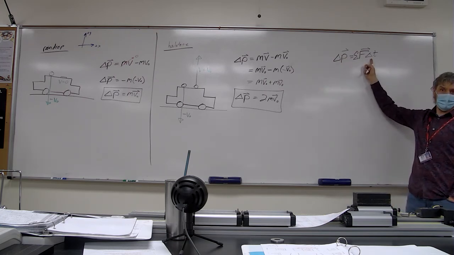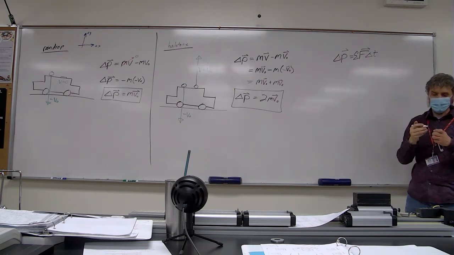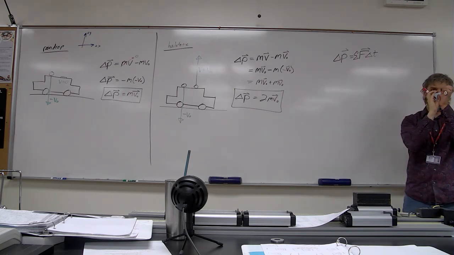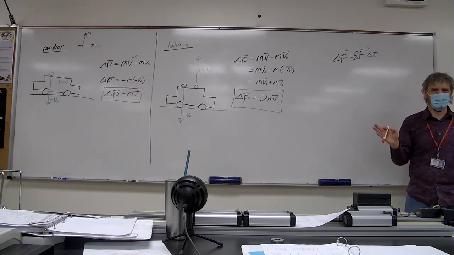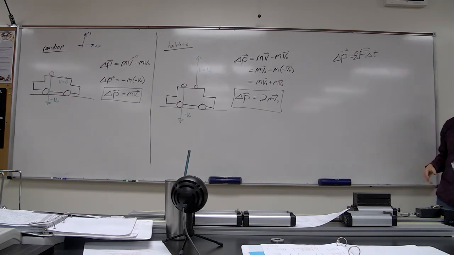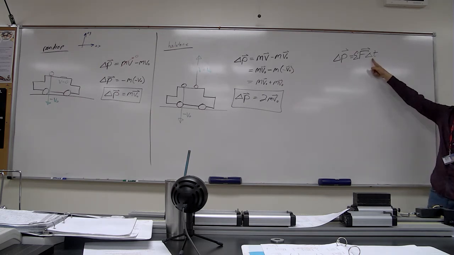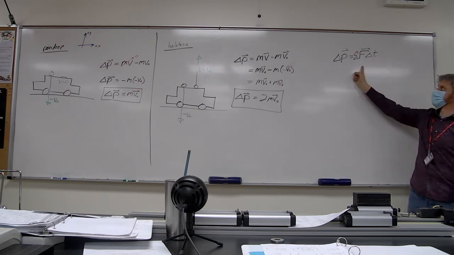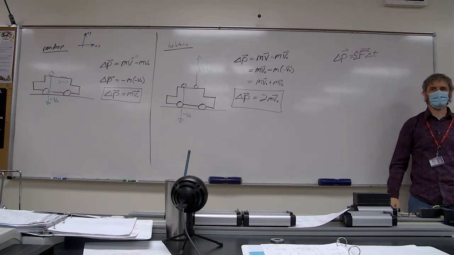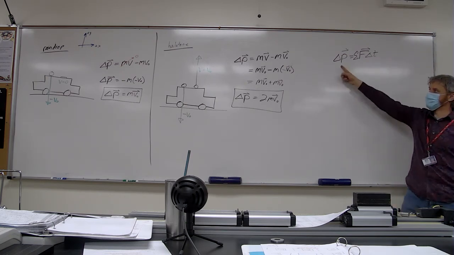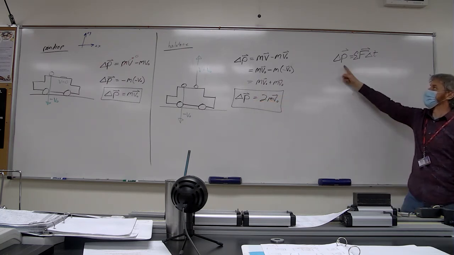Also, delta T for the clay or the raindrop: it takes more time to actually come to a stop, because it takes time to get squished, usually, if you were to slow things down and actually count the time. So it's a larger time interval. You divide that change in momentum by a larger number, you just get a smaller force, right? Smaller net force. So first of all, larger change in momentum for the hailstone, and actually the hailstone will be